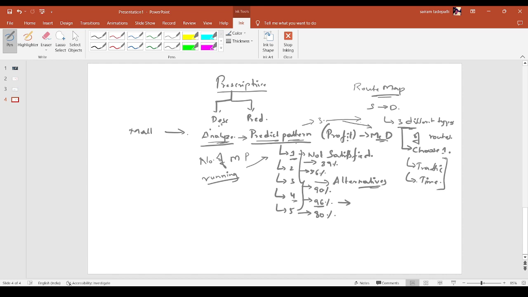Basically in artificial intelligence, it is not about supervised learning, it is not about unsupervised learning, it is not about ensemble or reinforcement learning. It is about descriptive learning, predictive learning, and prescriptive learning. So these three are the only learnings available